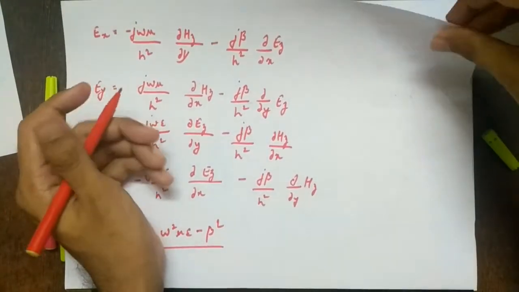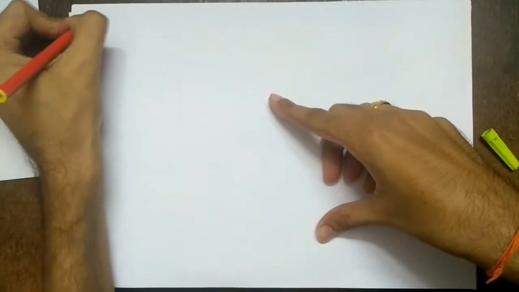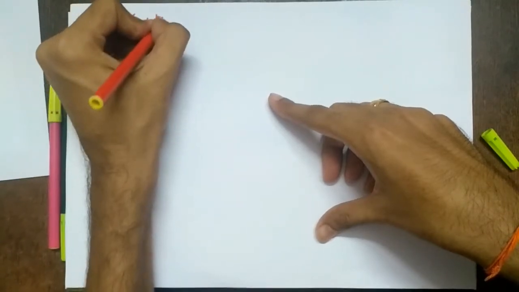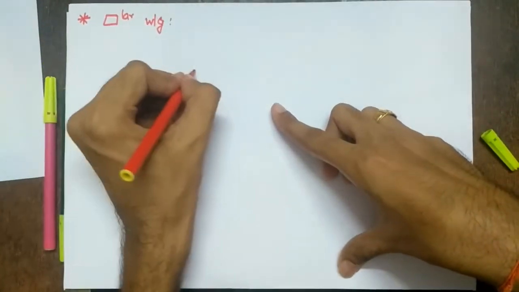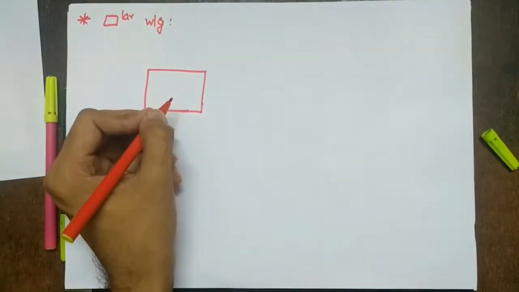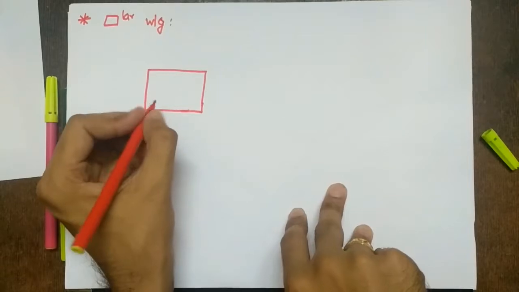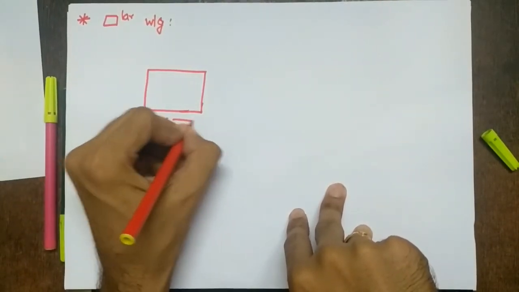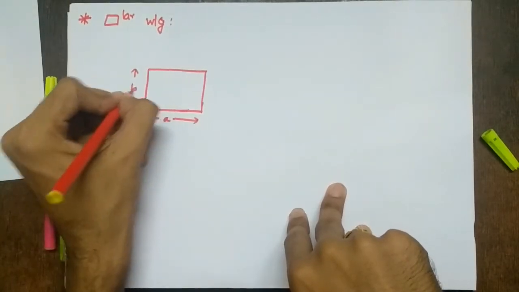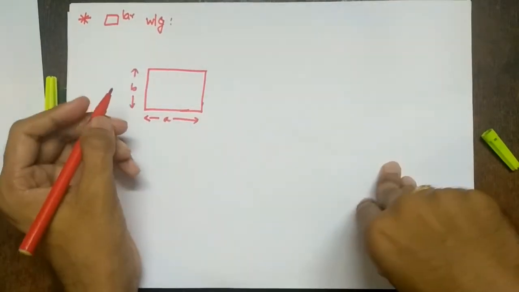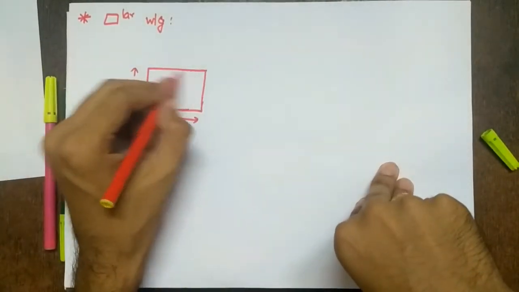So next we consider the next topic, rectangular waveguide. Let's first see the construction of a rectangular waveguide. How does it look? Obviously it will be rectangular in shape. There are two dimensions: one is called the broader dimension and one is called the narrow dimension. Let's say this is the broader dimension, so this is a and this is b. This is the standard nomenclature: the broader dimension is always denoted by a and the narrow dimension always denoted by b. So this is just a rectangle.